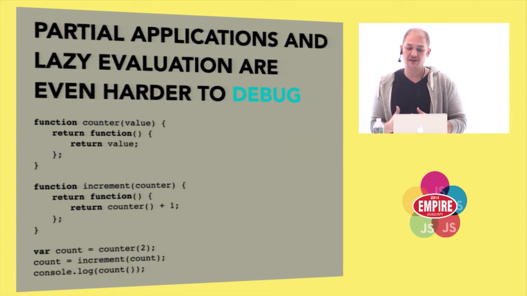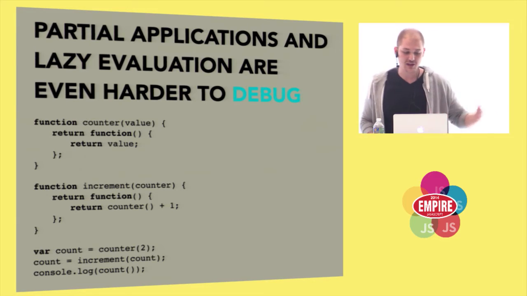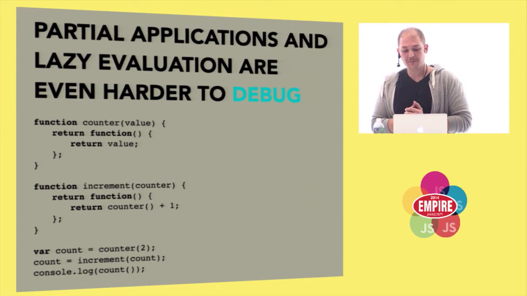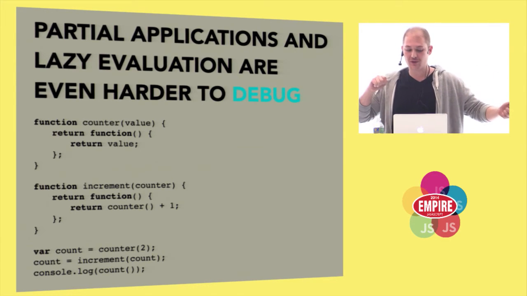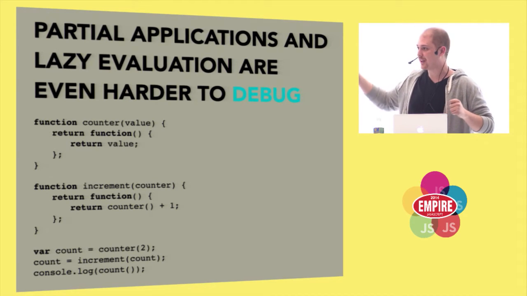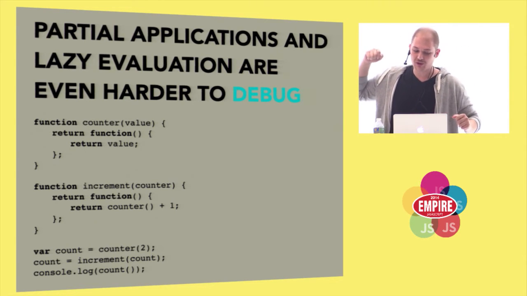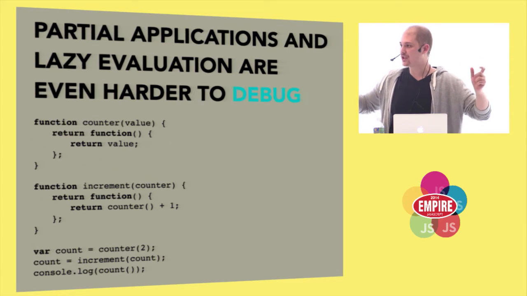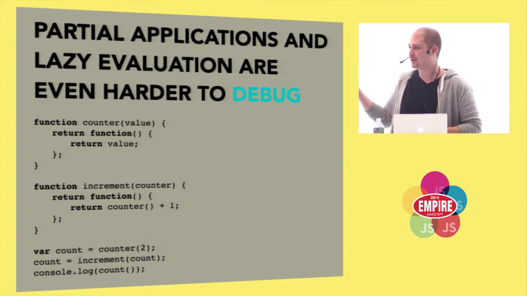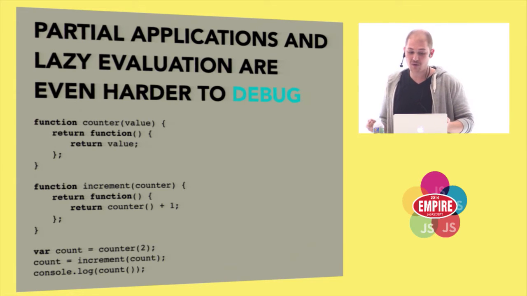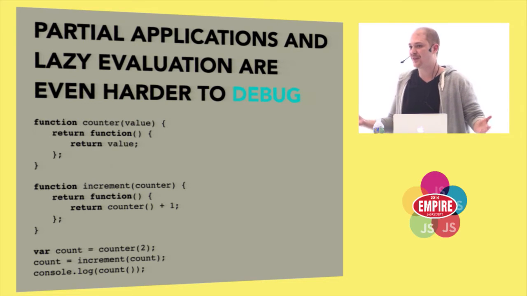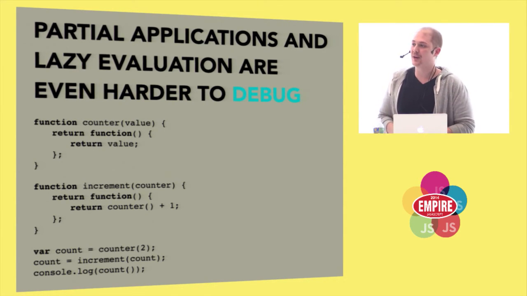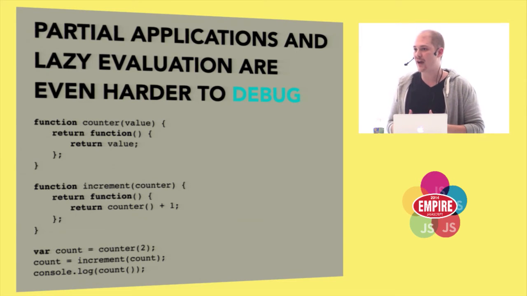If you want to implement the debug example using pure functions, you may do something like having a counter function that takes a value and returns a function. When called, it will return the original value, and then you will have an increment function that takes the function returned from the original function, and when called, will call the original function and add one to it. So basically just doing the counter using lambda calculus. Now, the problem with that is you can't really point anywhere and say, this is where the state changed. Because guess what? There's no state. The state never changed. This could be really productive at times, but I would argue that tools today are not really well suited to this type of coding, although it's pretty fun.